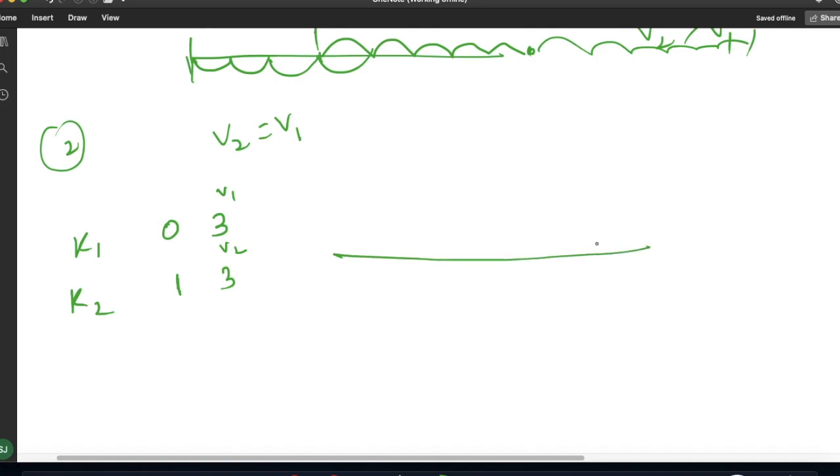So let us draw over here. This is 0 and this is x1, and k2 is here at 1, so this is my x2. In the problem it is given that x2 is always greater than x1. Now you can see v2 and v1 both are equal, which is equal to 3. Suppose in the first iteration x1 will jump 1 2 and 3, and again x2 will jump 1 2 and 3. This was my first iteration.